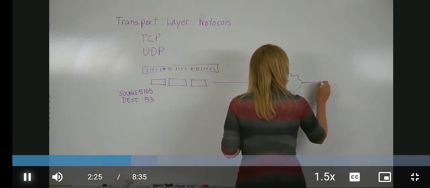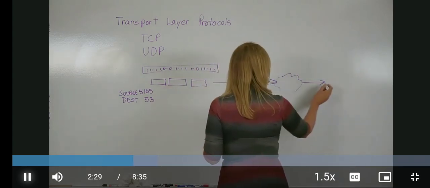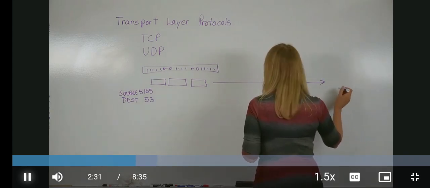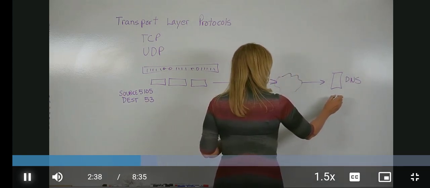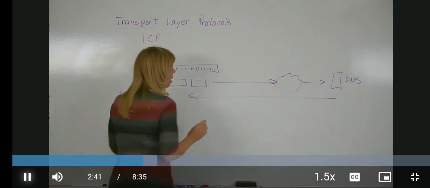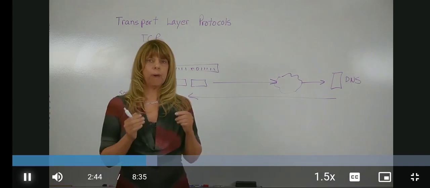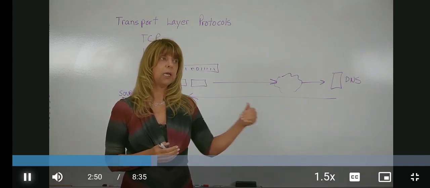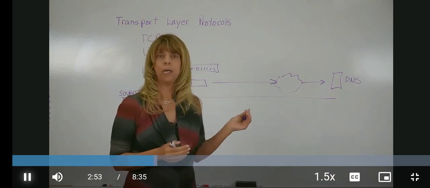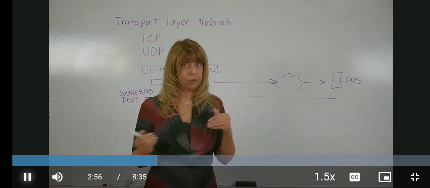So basically, for real time, we just allow those packets to take their path from the source to the destination, say the destination is the DNS server, and for the response to return. We aren't all that concerned about a few packets losing their way or getting placed out of order when they're received. Because in real time, it's not going to matter because we're not going to go back and pick up those other things and